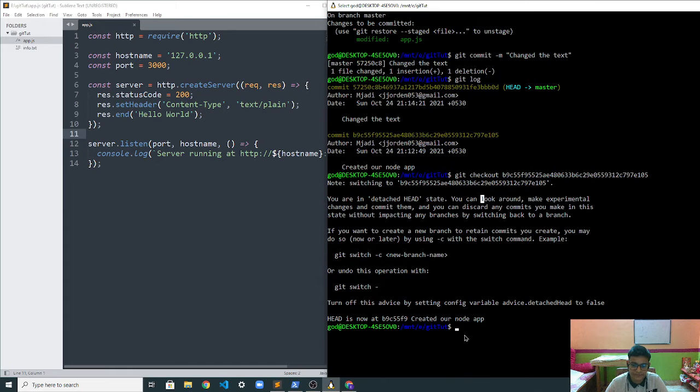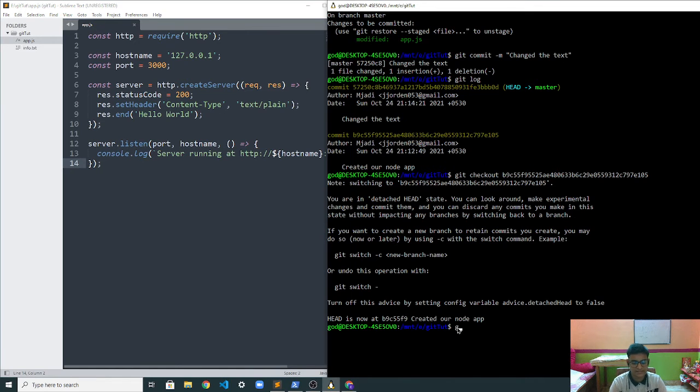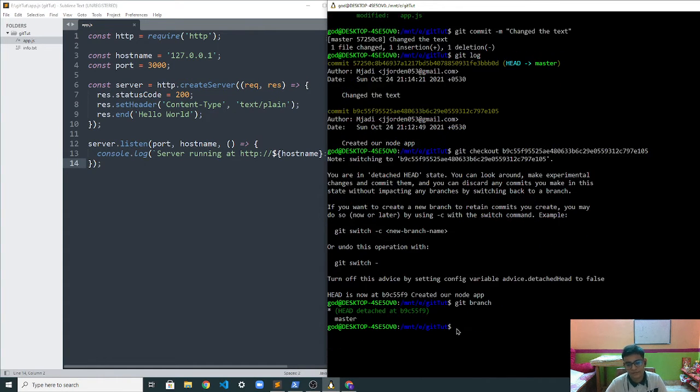Okay, so let's assume that a bunch of people are working on a project, and you have to run experiments on the project, and you don't want the main branch to be disturbed. So first of all, just type git branch, and you can see there's this master branch over here, which is the main branch. Just ignore this head detached, it is a bit violent.